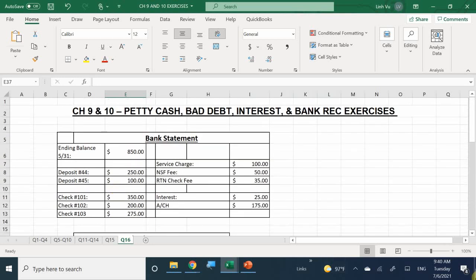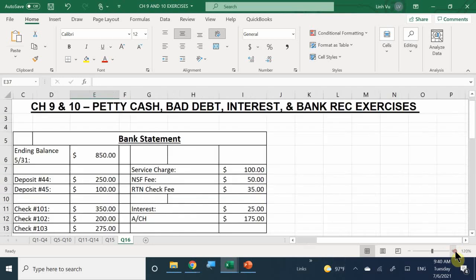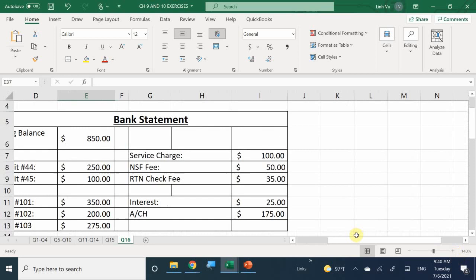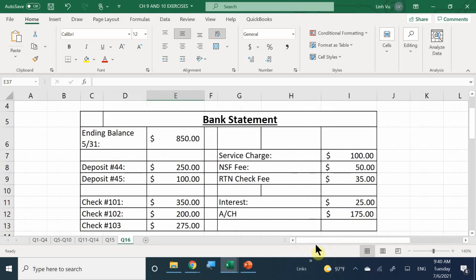bank reconciliation. Okay. So once again, on Orbund, as you know, there's not that much space for us to be able to put in an actual table or an actual statement or anything like that. So this is as simple as I can create the actual worksheet itself. Okay, so here is what you're going to see. You're going to see a bank statement. It's going to give you all the